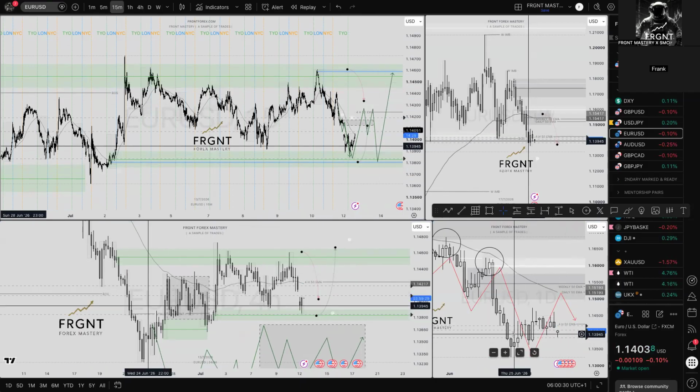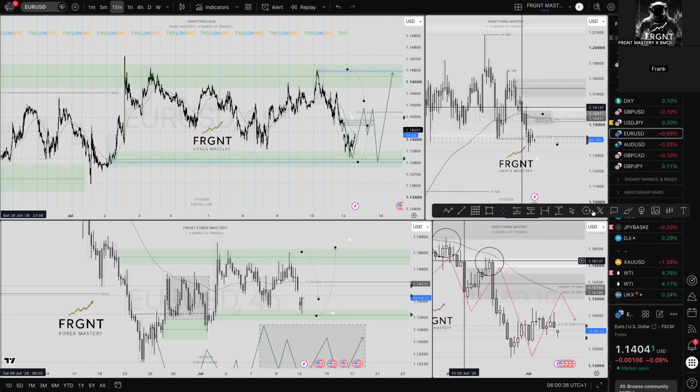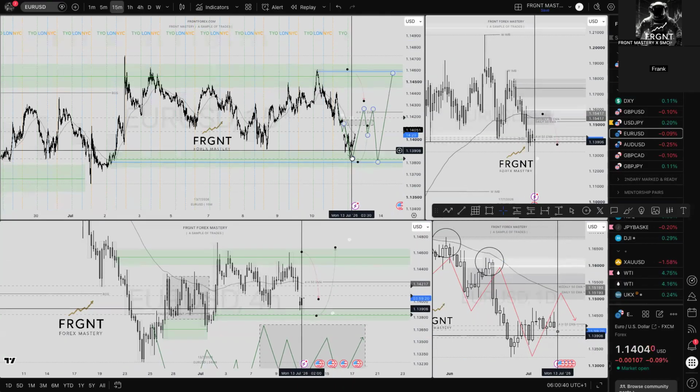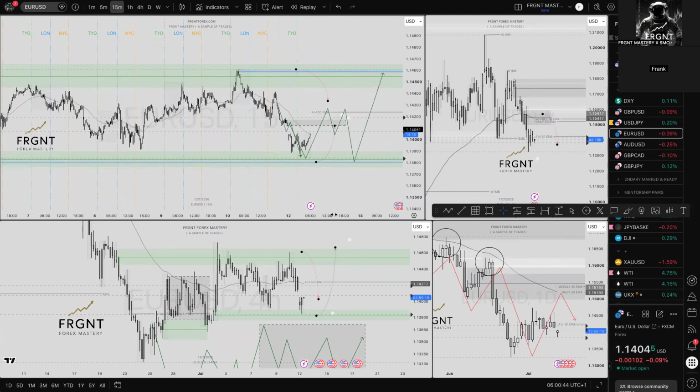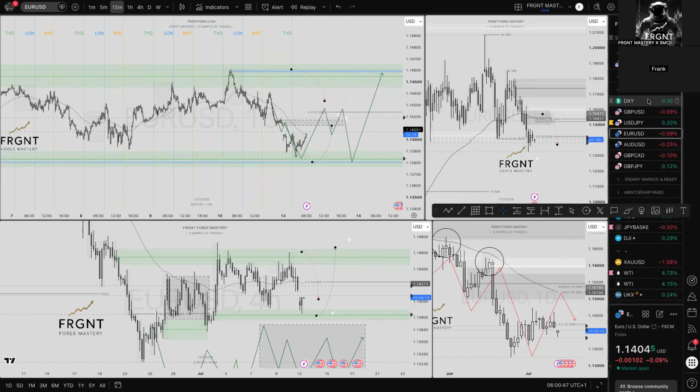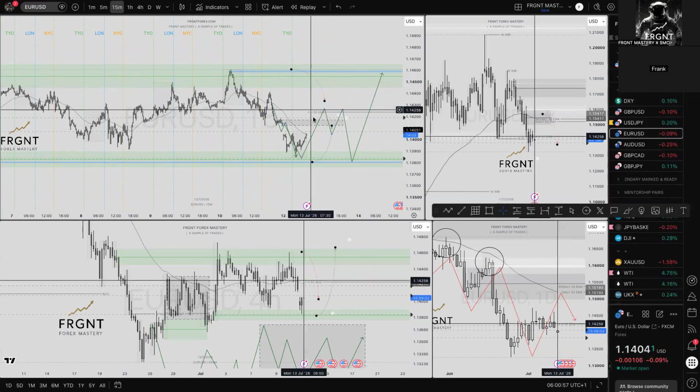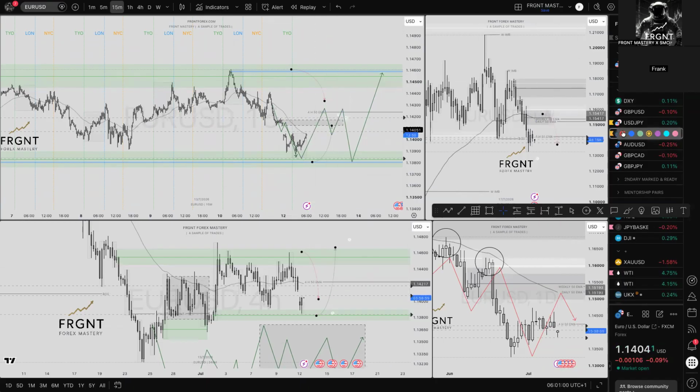There's not too much there. So why would we continue to go over a pair that just doesn't look fantastic, right? But with that said, if nothing else materializes and EU gives us a beautiful break of structure to the highs, rolls back, and I look for a 1 minute break of structure down at these lows, and the DXY is in a position where it looks as if it's going to move towards the downside, then my gosh, I'm going to be looking to take that long position absolutely. But until there's nothing else available, and until we have this break of structure, EU for me, we'll give it a red. Why would we force it?